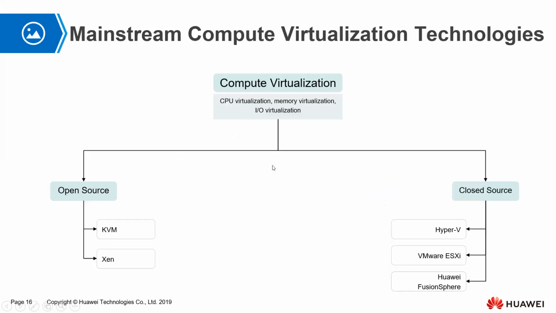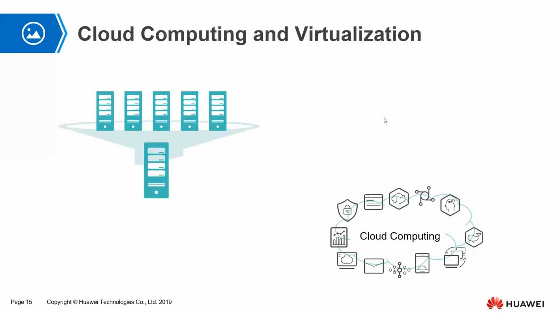All right, so let us also try and look at the mainstream compute virtualization. I'm saying that virtualization is a foundation for cloud computing, and virtualization can happen without cloud computing. You saw me virtualizing my virtual machines on my machine, virtualizing my resources and creating them. That was not necessarily cloud computing. But for cloud computing to happen, there must be some kind of virtualization somewhere. So you cannot have cloud computing without virtualization somewhere.